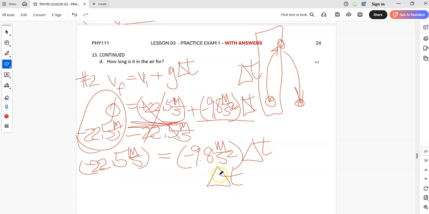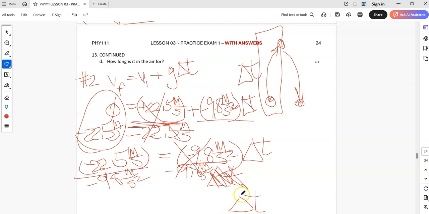So to get delta t, we just divide this term by negative 9.8 meters per second squared. This term disappears, and now I'll just redraw the delta t. Delta t becomes this divided by this, and when we divide that out, we should get a positive number because we have a negative divided by a negative, and our answer is